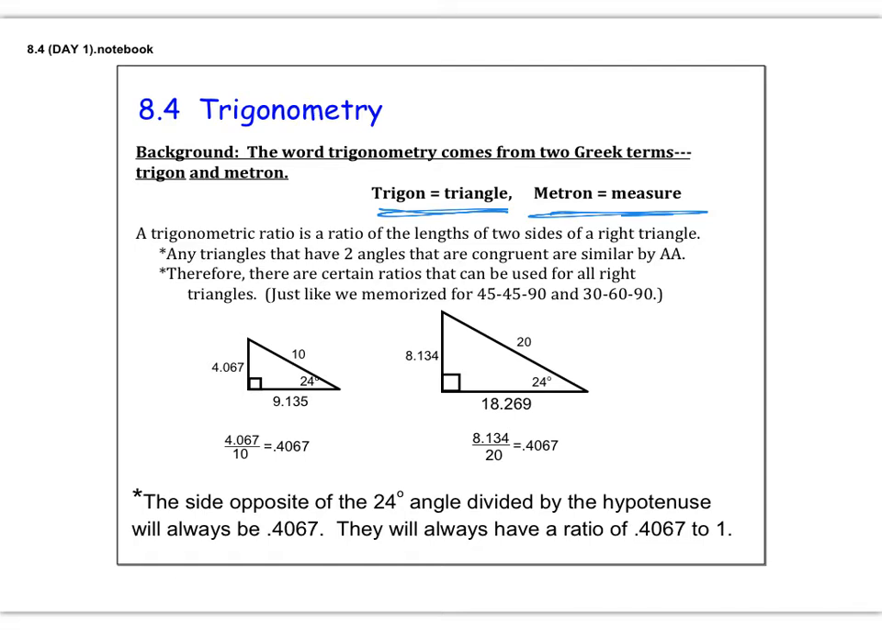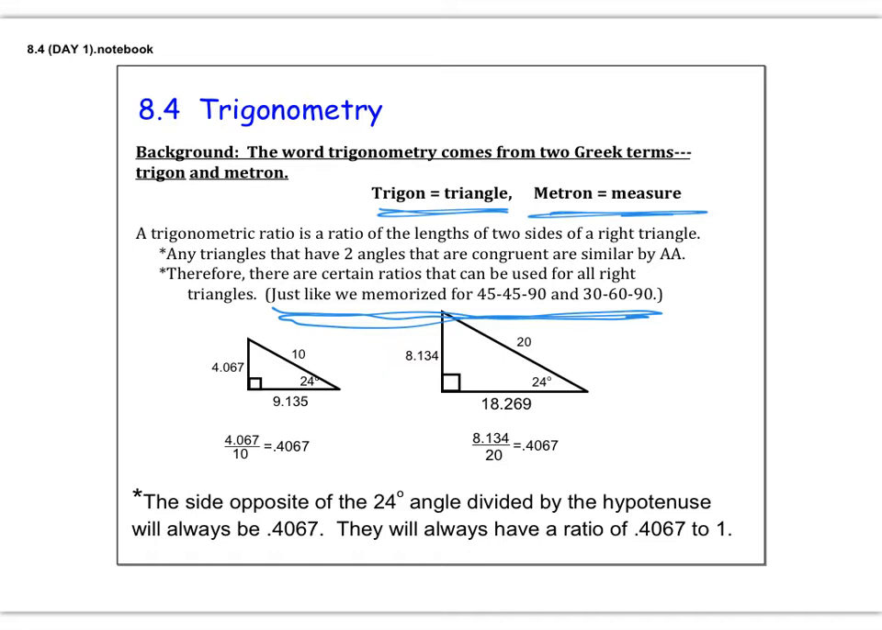And basically, we're going to study how the ratios of the different sides of right triangles compare. However, we memorized the ratios for the 45-45-90 and the 30-60-90 triangles. We are not going to be memorizing any more ratios. We're going to have our calculators help us out, because if you turn to the next slide,